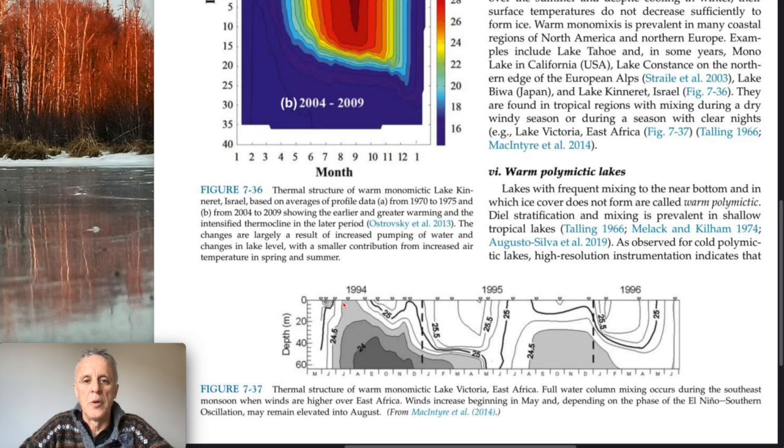Good day, everyone. We're reviewing Wetzel's Limnology textbook, edition number 4, and we are looking at chapter 7, The Fate of Heat, and more specifically today we're going to be looking at warm polymictic lakes. And before we do so, let's look at figure 7-37, which presents the thermal structure of warm monomictic Lake Victoria